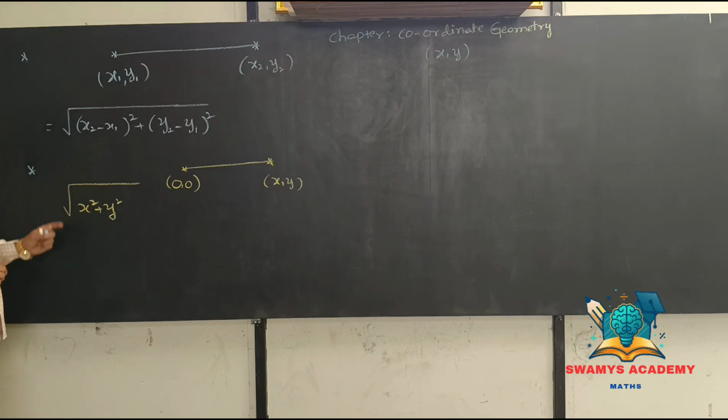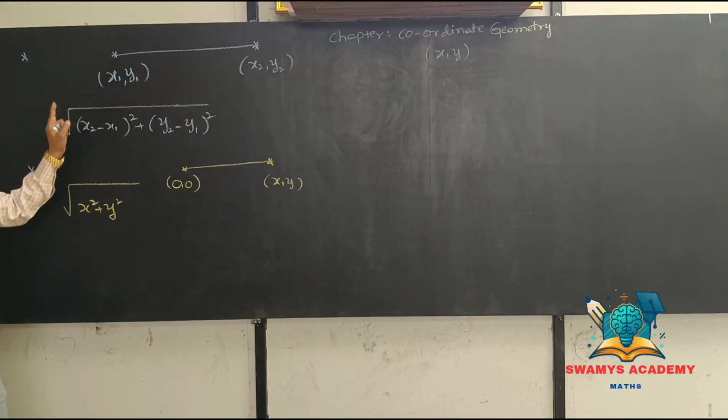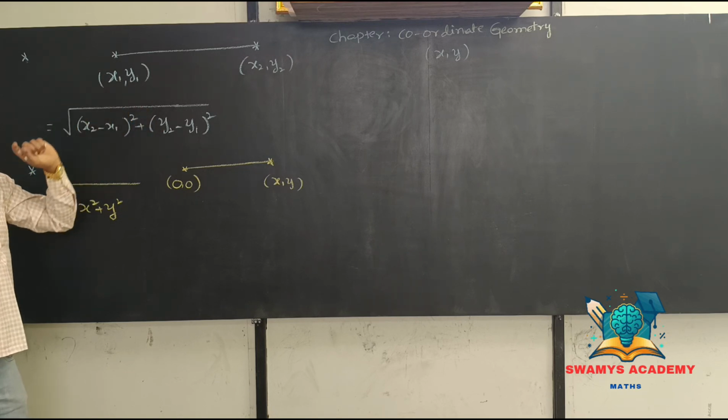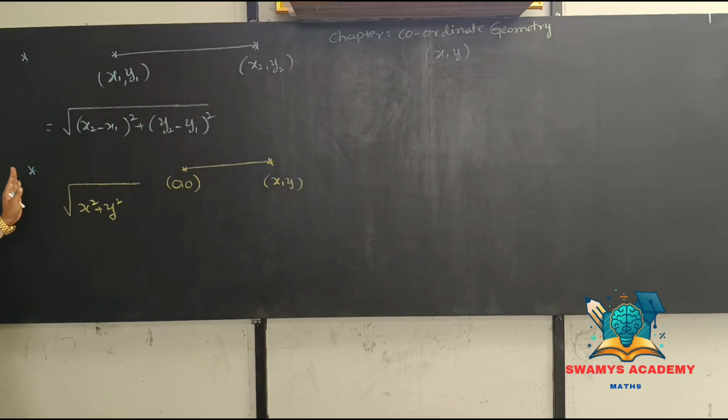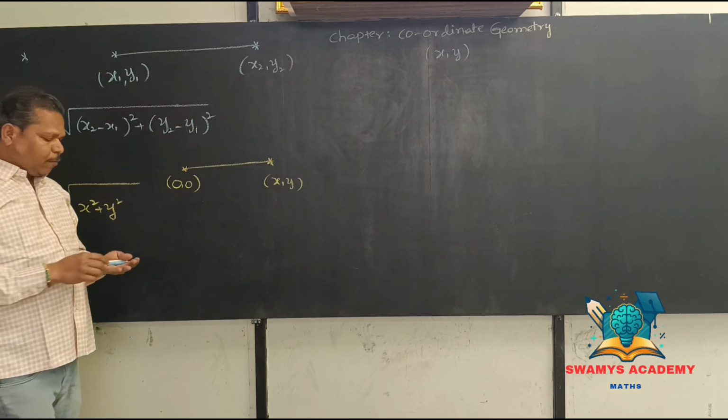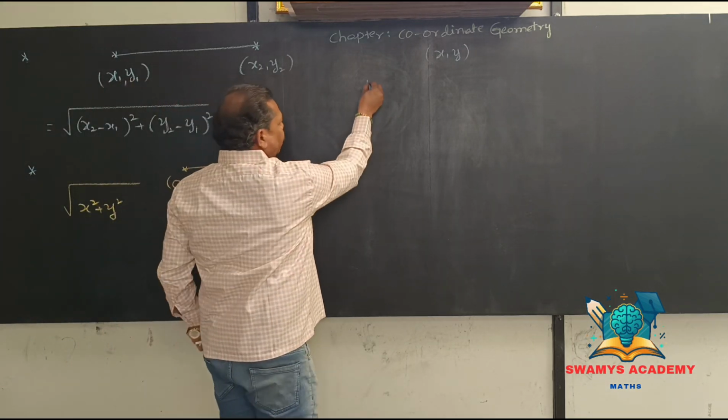This is the formula. So between the two coordinates, the formula is square root of x2 minus x1 whole square plus y2 minus y1 whole square. The second formula, from the origin, is square root of x square plus y square. Third one, between the two coordinates,